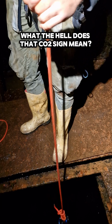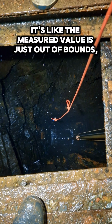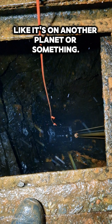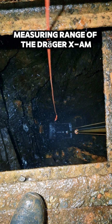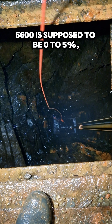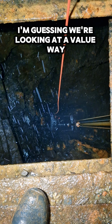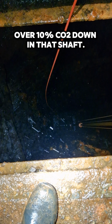What the hell does that CO2 sign mean? It's like the measured value is just out of bounds, like it's on another planet or something. The CO2 measuring range of the Draeger Exam 5600 is supposed to be 0 to 5%. But based on the depth of this situation, I'm guessing we're looking at a value way over 10% CO2 down